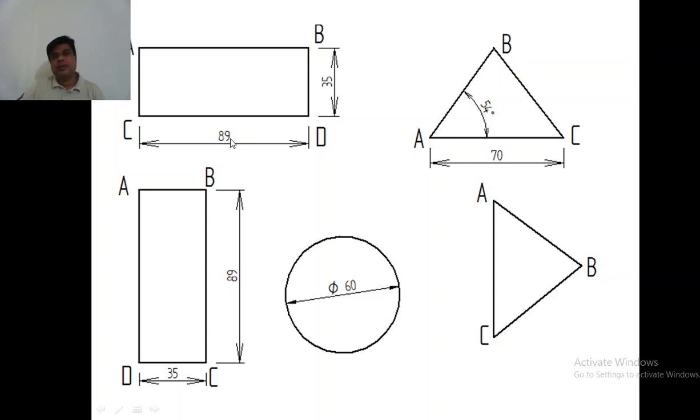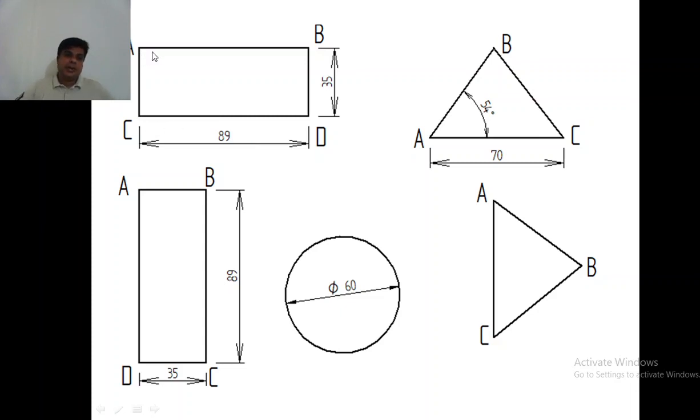So you can use three types of pencils. One is the micro tip pencil to draw thin and light lines. The other one is the 2B pencil to draw thick and dark lines. And you can use HB pencils to write A, B, C, D, or to write the numbers.